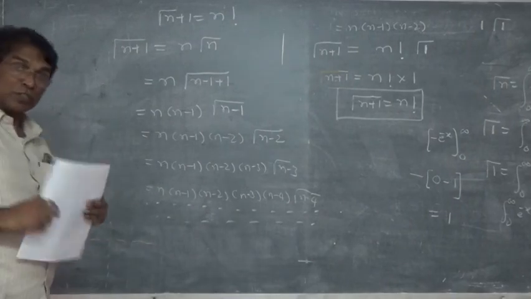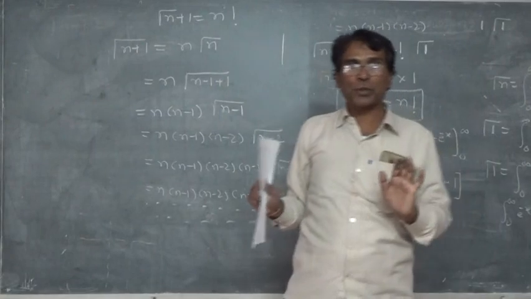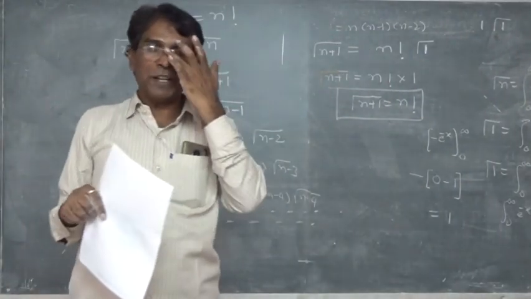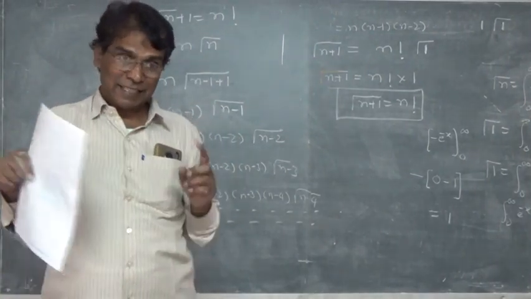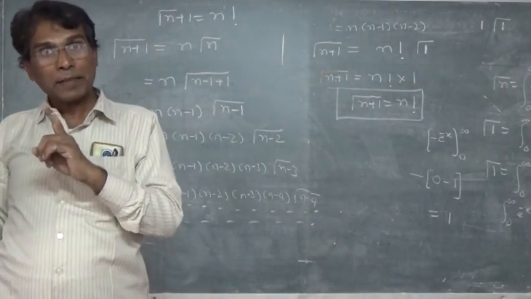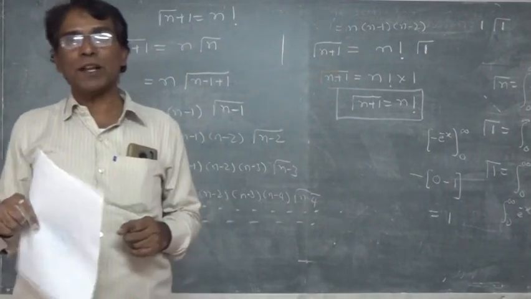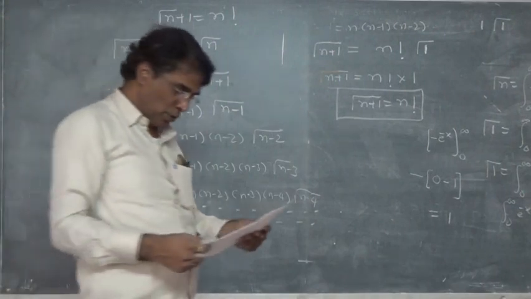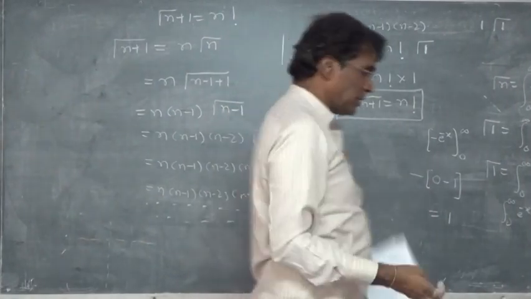Got it? So 3 things you have to remember till now, whatever I taught you. First of all, you should know the definition of gamma function, that is 0 to infinity x raised to n minus 1 e raised to minus x dx, and second is gamma n plus 1 is equal to n gamma n, and third is gamma n plus 1 is equal to n factorial. Now based on this one, just to see here,